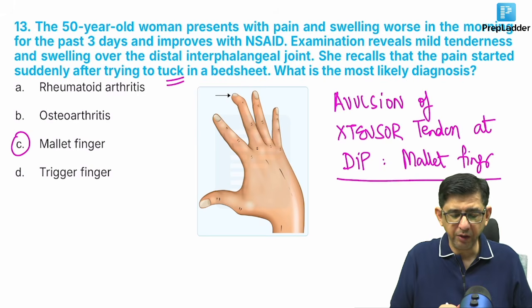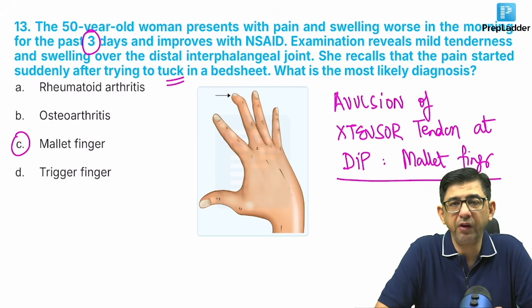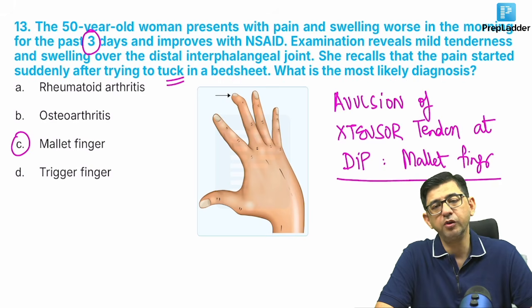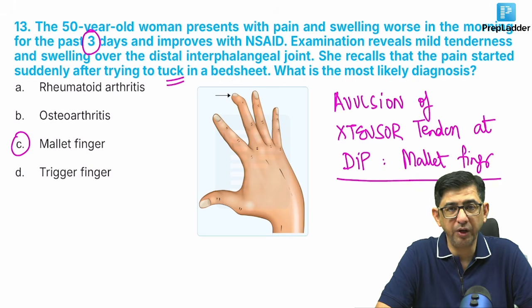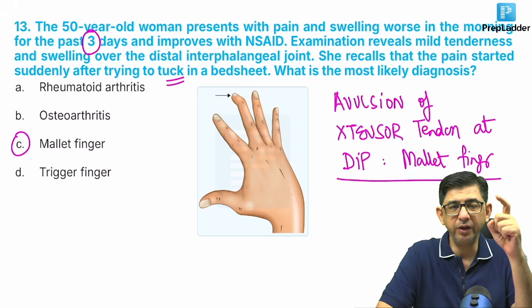In rheumatoid arthritis, the history would not be 3 days. I mean, if you check out the question, he's saying patient is having pain and tenderness in the morning in the fingers for past 3 days only. It improves with painkiller. That would have been okay for rheumatoid arthritis if the history was for like a couple of months and years altogether. But in this case, it is a history of 3 days, so it can't be any kind of arthritis. A trigger finger will involve only the index finger.